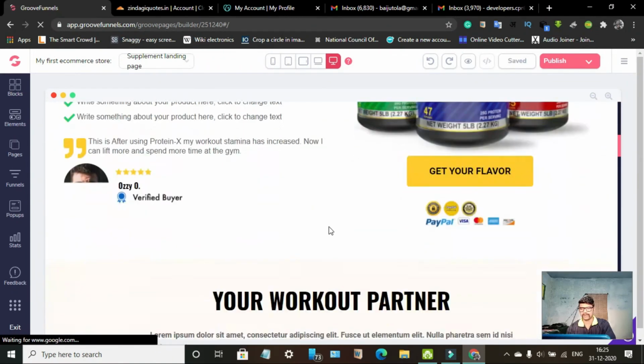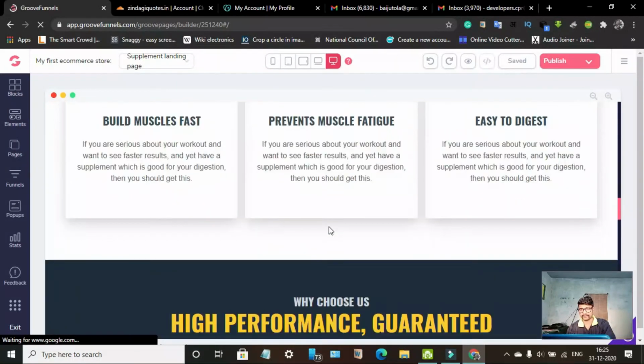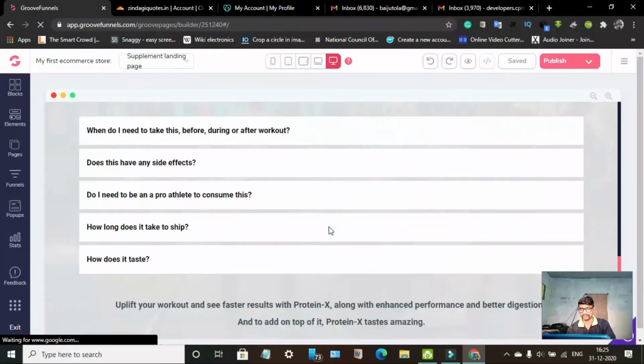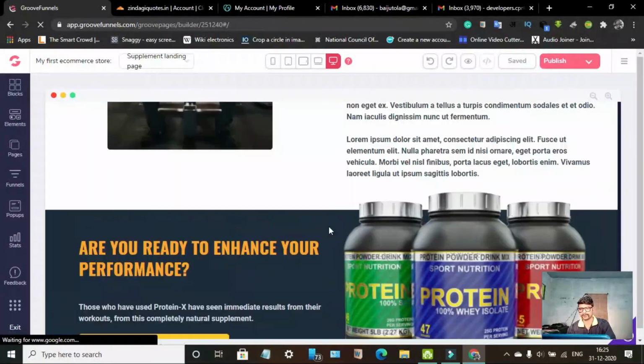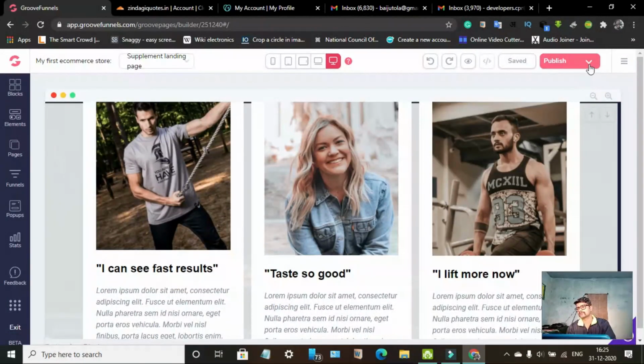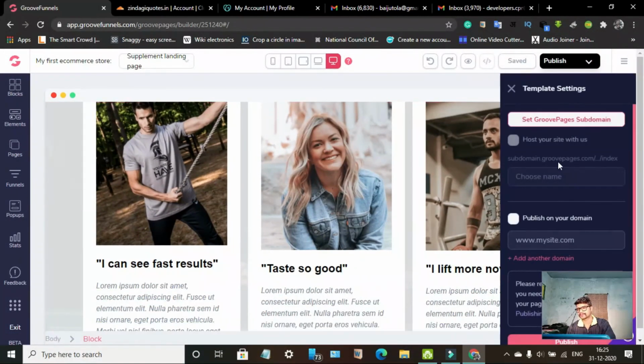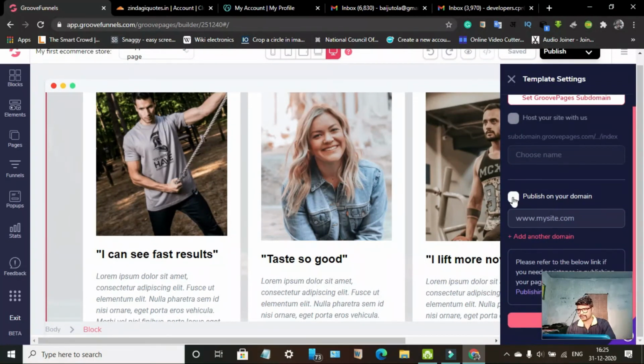Okay, I'm supposing that I have created my whole page and I'm ready to host it on my custom domain. So click on publish. Just check this option, publish on your domain. Enter your domain which you have recently linked to your Cloudflare account.